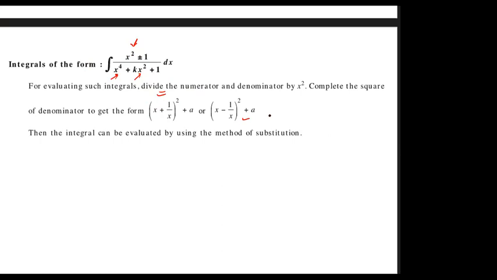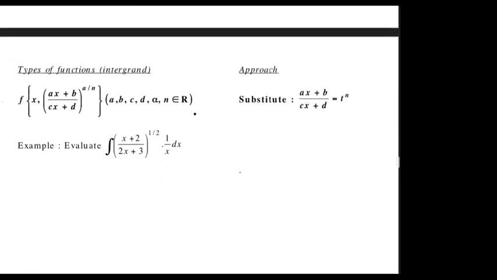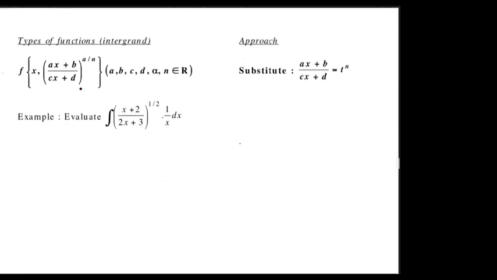And what we have to do is, first of all, divide the expression, that is the numerator as well as the denominator, by x square, right? By dividing it with x square, we'll try to convert the denominator in this form, right? And one question of this type we have already done in substitution actually. So let us try to solve a few more questions based on this, based on what we have just studied, that form.